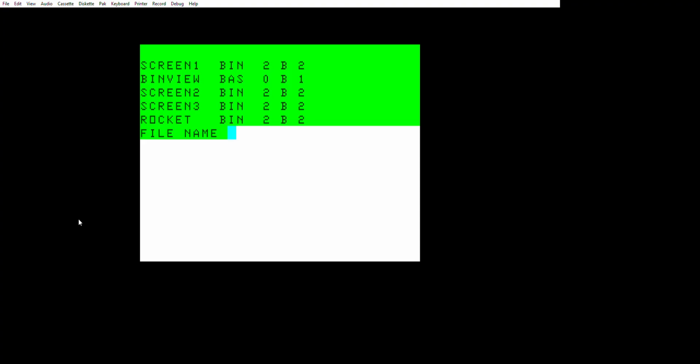I wrote this program that's called binary view. You can see it up here, bin view. Everything that's in basic, and then screen 1, 2, 3, and rocket are all binary files. So as I convert to binary files, I can view them separately. This is another utility I created. I can view them to analyze them and see if it needs changes,